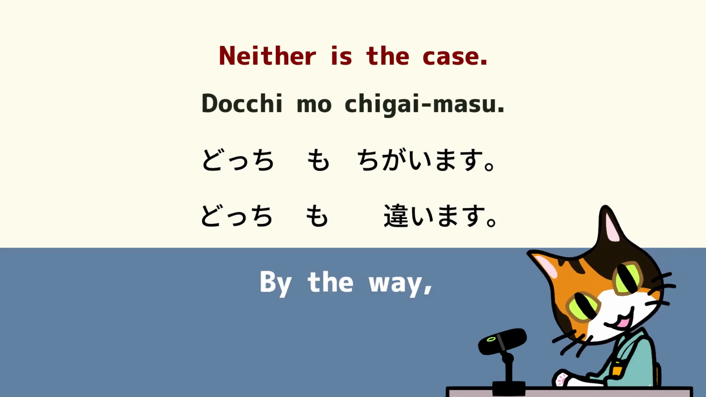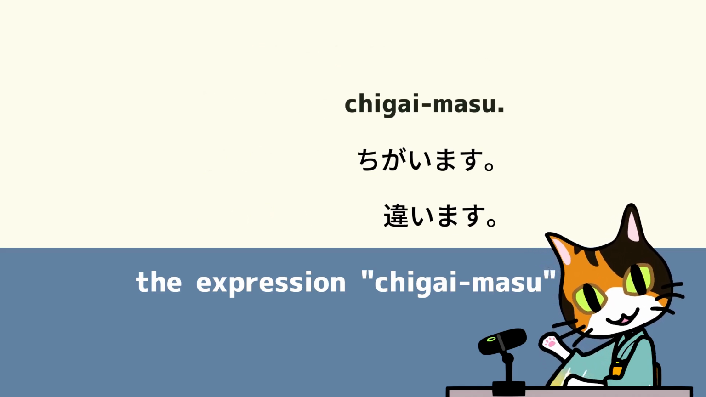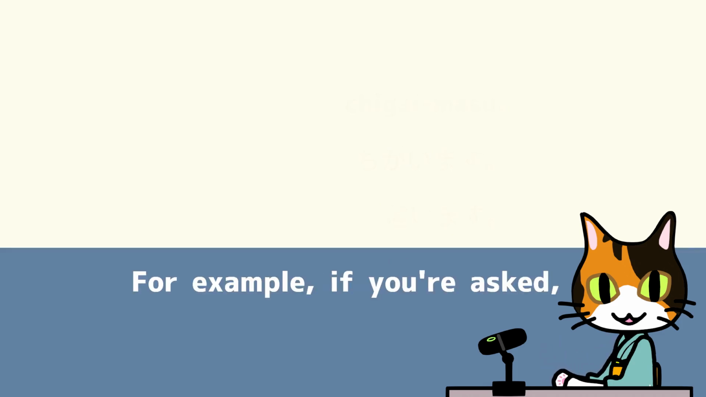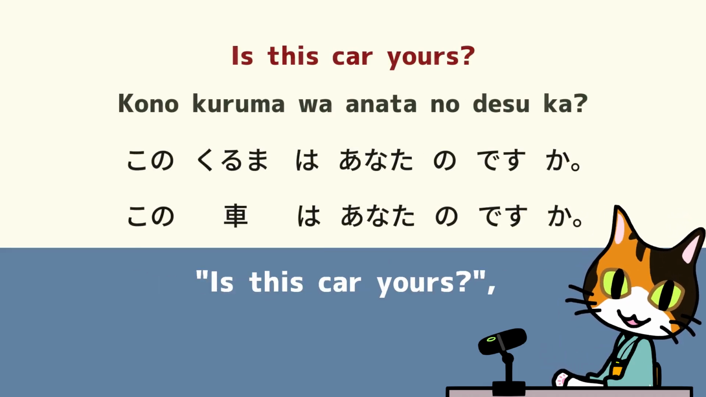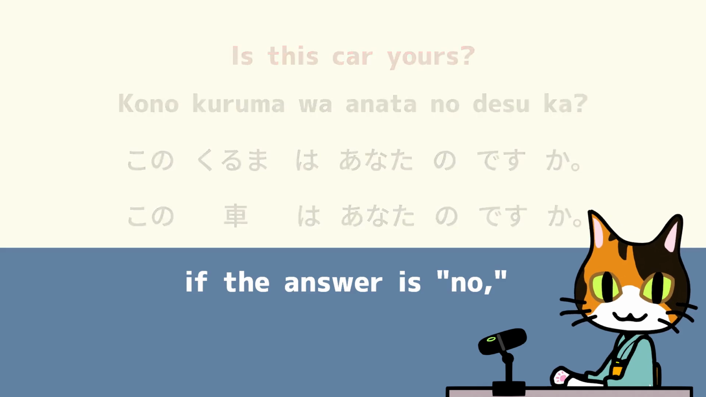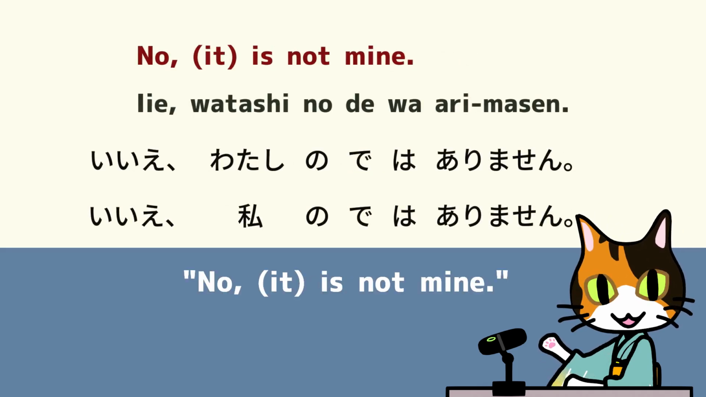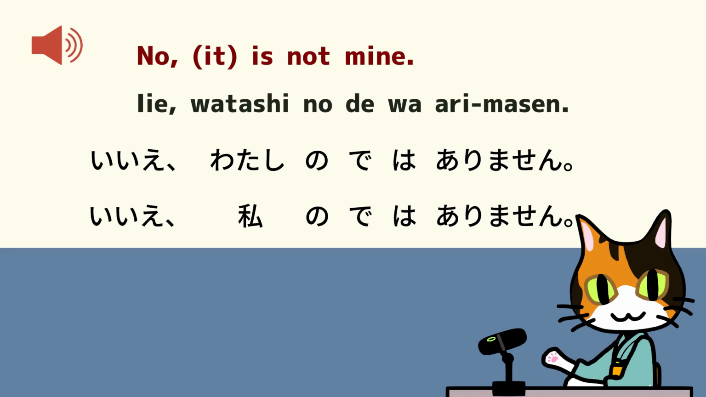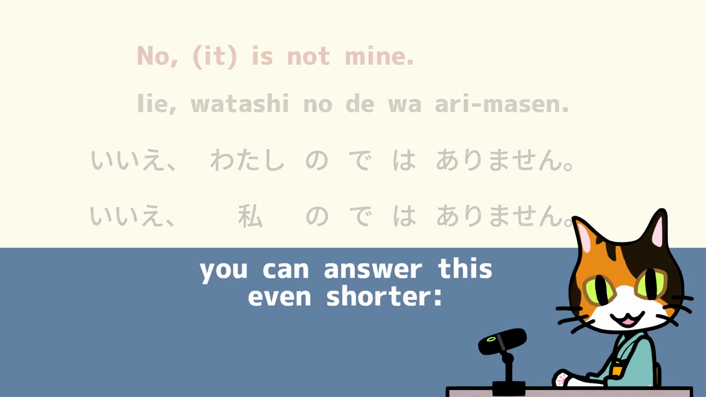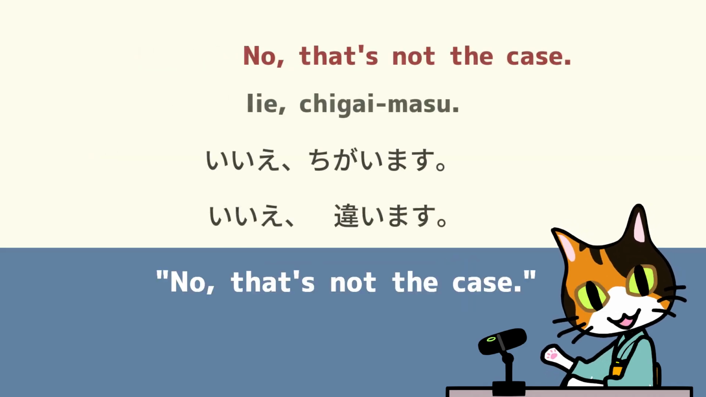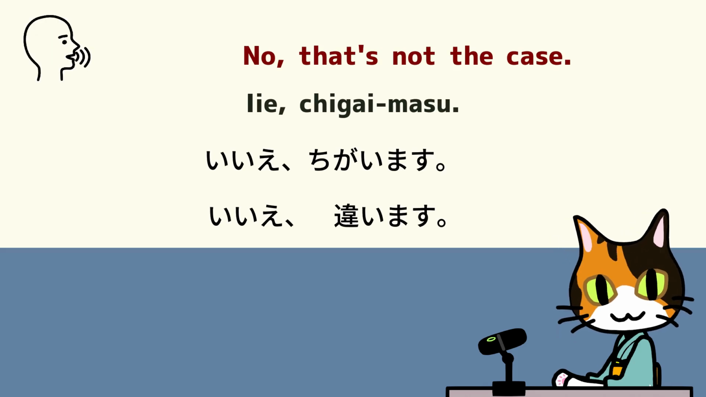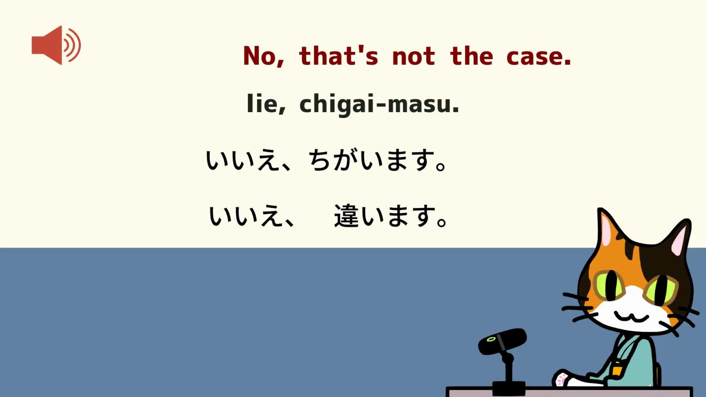Very good. By the way, the expression chigaimasu can also be used to answer a question with "no." For example, if you're asked, "is this car yours?" この車はあなたのですか? If the answer is no, you can reply, "no, it is not mine." いいえ、私のではありません。 This is, of course, correct. However, you can answer even shorter. "No, that's not the case." いいえ、違います。